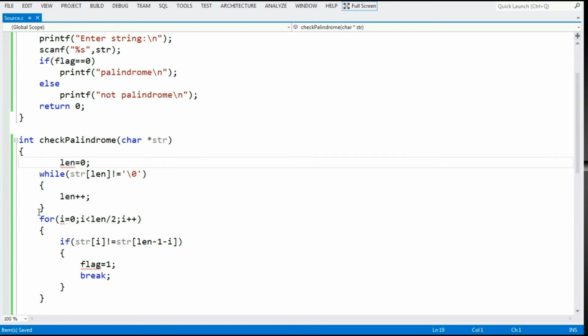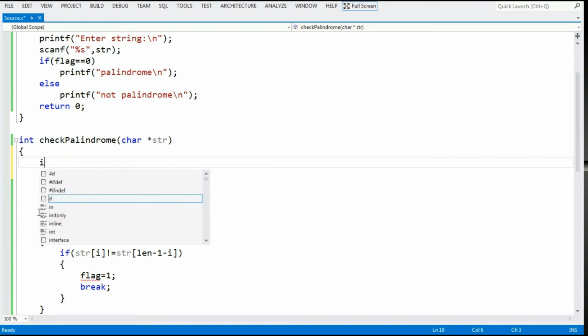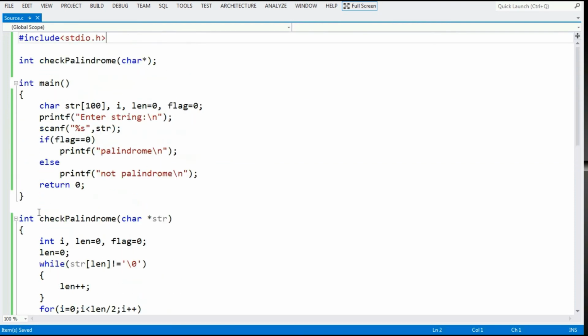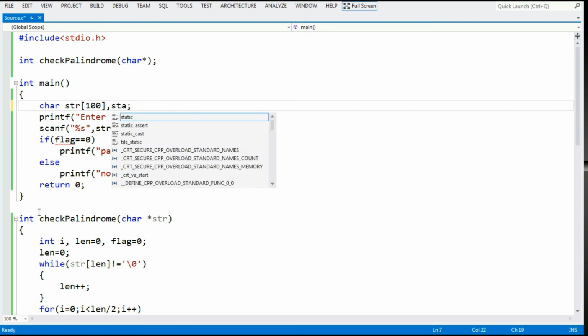Now all the variables like len and i will become local variables of that function. Then the flag variable, I have to declare it here, and I will remove them from the main function. So in the main function only the str declaration is there, and one more variable, say a result variable, which will receive the status, or rather let me give the name as status.